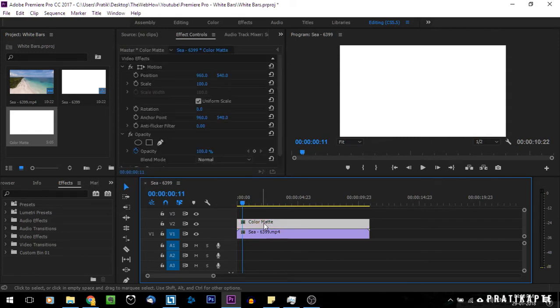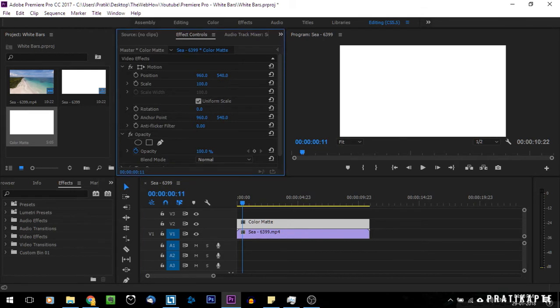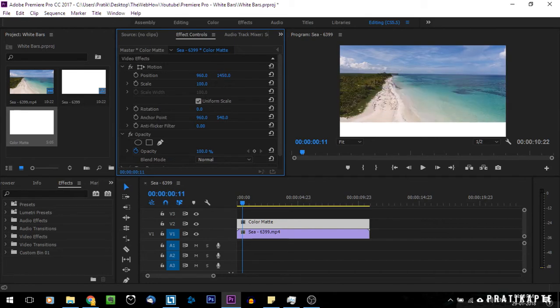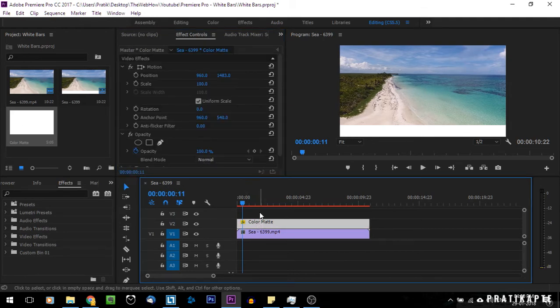And then just click on this layer and then go here, and you have to change this position, and you're just gonna increase it to make it go down. And now we have got the first bar, and then what you need to do for the second bar is